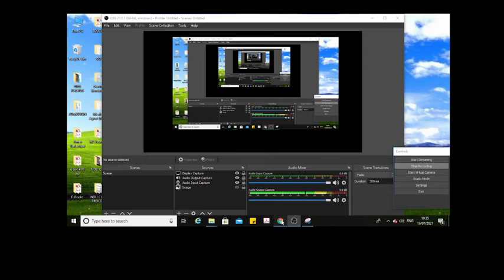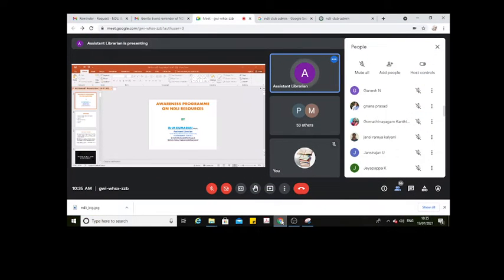Some 5 points in this seminar: open access digital library with a special reference to NDLI, what features are available in NDLI, how to register and get access privileges from NDLI, and what collections are available. Then finally, we are going to see the purpose of registering with NDLI.